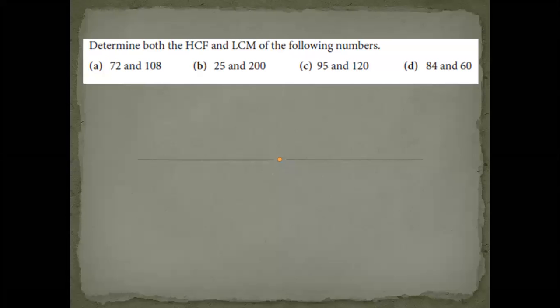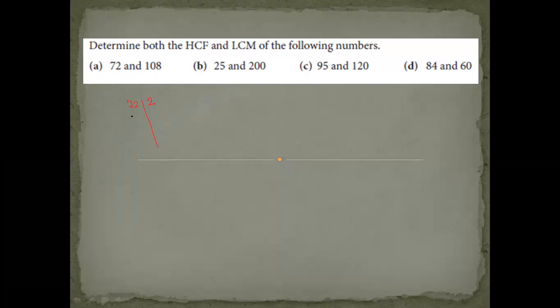Where's my pen? I found it. Now, let's go on. So, what's the question? Determine both the HCF and LCM of the following numbers. Exactly, using the prime factors of these two numbers. So how can we find the prime factors of 72 and 108? Let me remember. 72